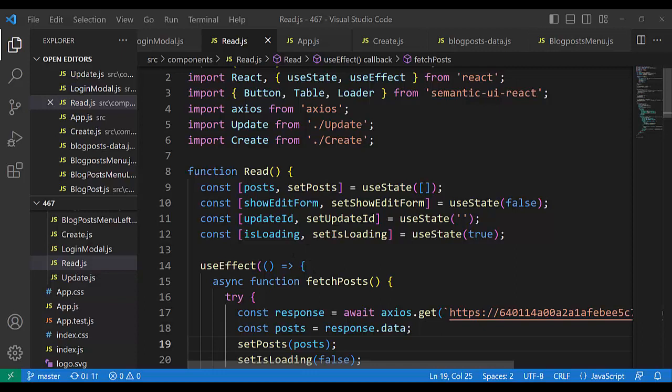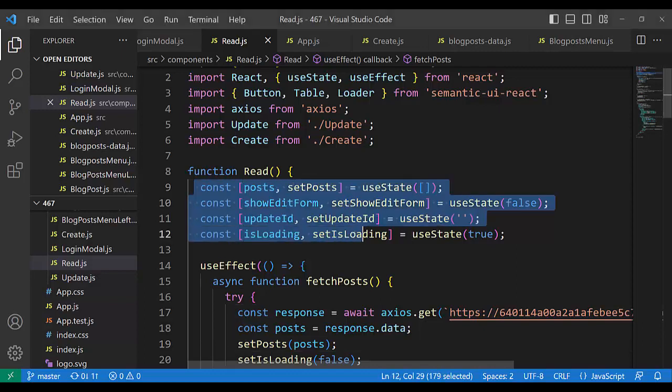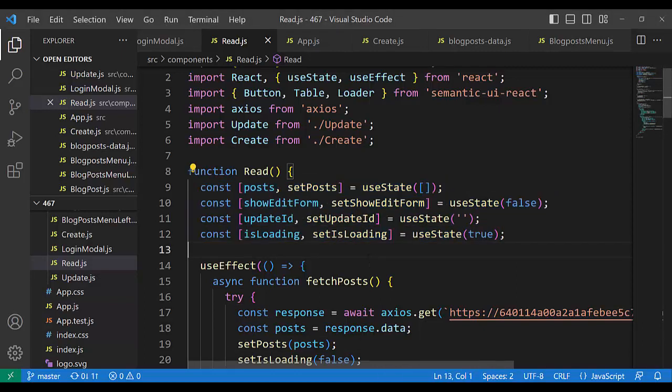Here it is on the read pages. In the read component, we declare this variable. This is a function also. This is a variable, this is state, this is a function. But we can call them together here variables, and all those variables